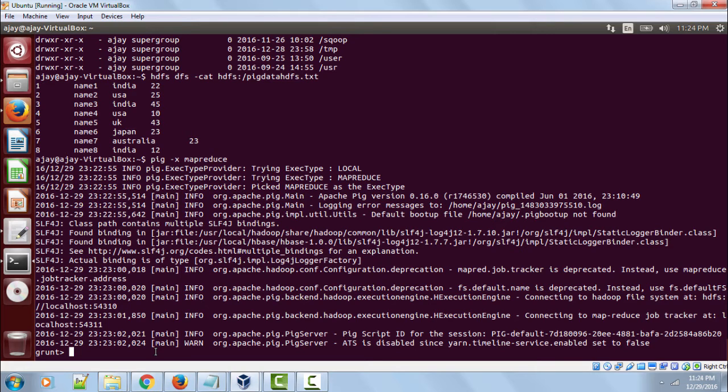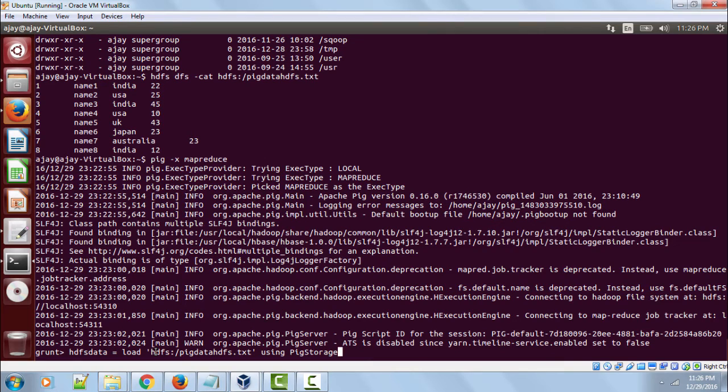To load the data into a Pig script from the HDFS, you first define a variable like HDFS data, then a space, an equal to sign, and you load the data. Load is the keyword to load the data. Then you define the HDFS path, in single quotes, like hdfs colon, and after that the data file, like pig data HDFS dot txt. So this is my file path on the HDFS. I'm closing the single quote, and after that using PigStorage,